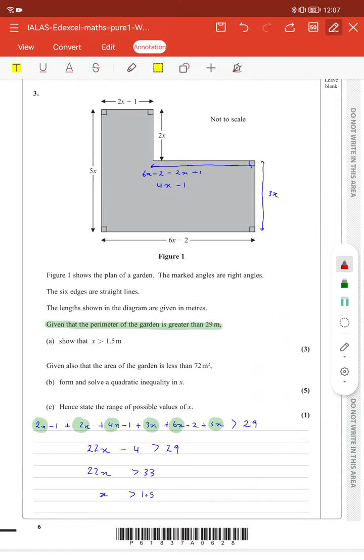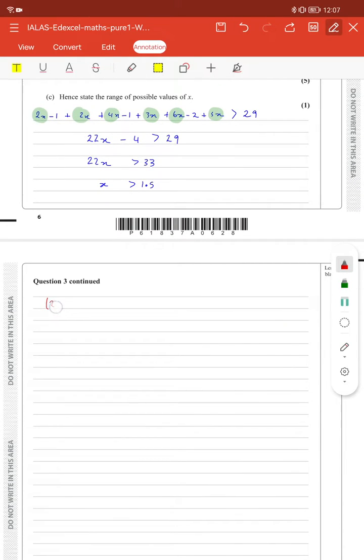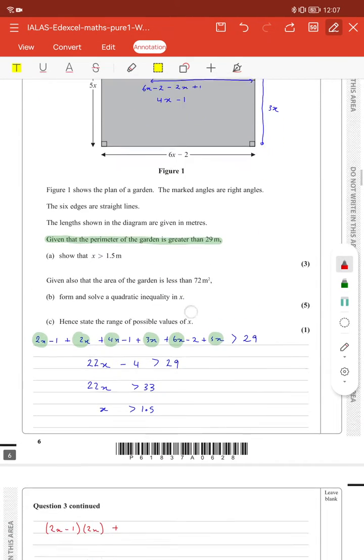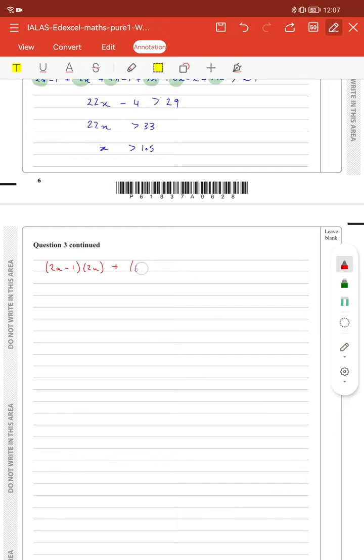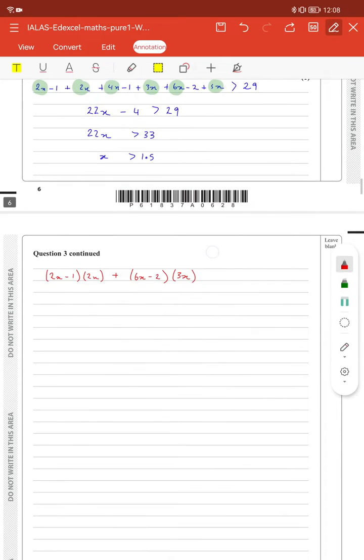So with this, we can separate this shape into two shapes, really. So we can separate it here. We have the top part and the bottom rectangle as well. If we were to work out the area of the top part, it would be 2x minus 1 times 2x, plus the area of the bottom rectangle would be 6x minus 2 times 3x. And it says that the area is less than 72